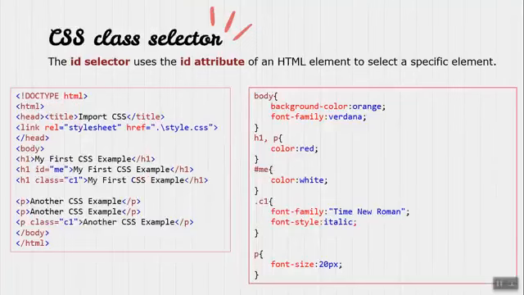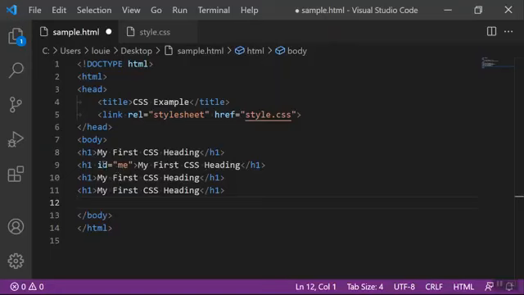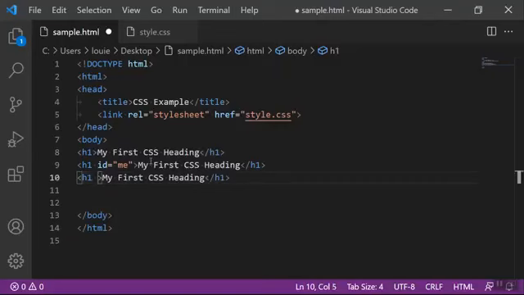So the next one is the class selector. Oops, I forgot to change the ID selector meaning here. So the class selector actually selects a group of HTML elements and then tries to change its formatting. So it's like the ID attribute, but this time it involves different elements. Say for example we have here 3 classes, so we'll just have to modify this. So this one has ID, which is equal to me, and then this one, to declare a class, it's